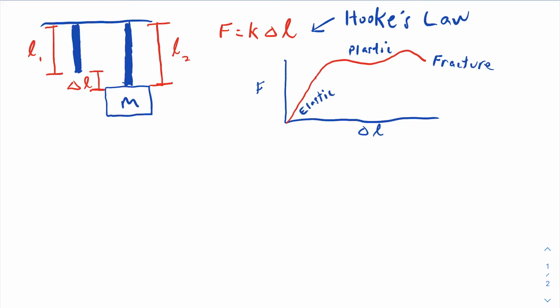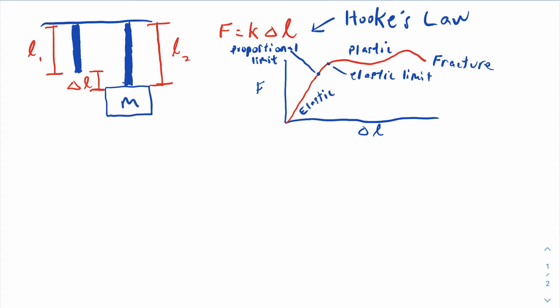When plotting force versus elongation, most solid objects follow this typical curve. When a small force is first applied, objects will deform elastically, allowing them to return to their original shape when the force is removed. The amount of elongation will be proportional to the applied force up until a point known as the proportional limit. As the applied force increases, the elastic limit is reached, where the object begins to deform